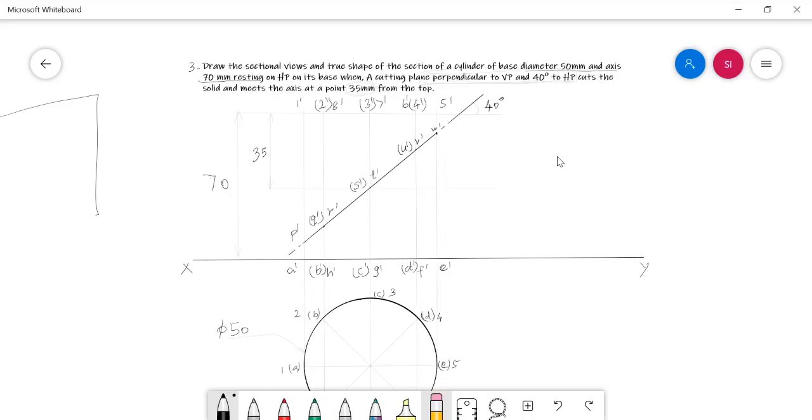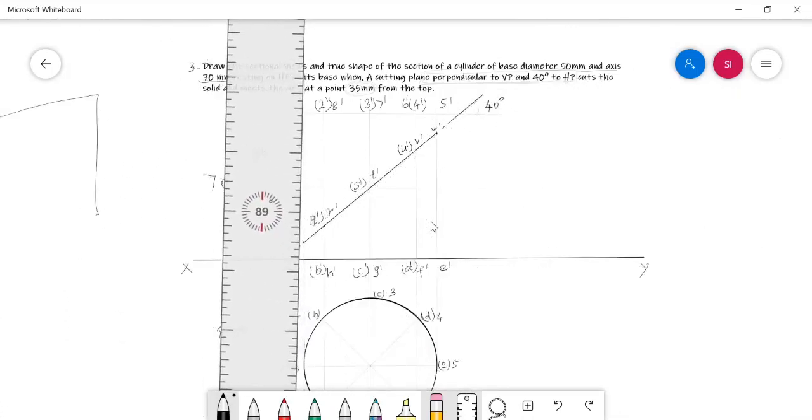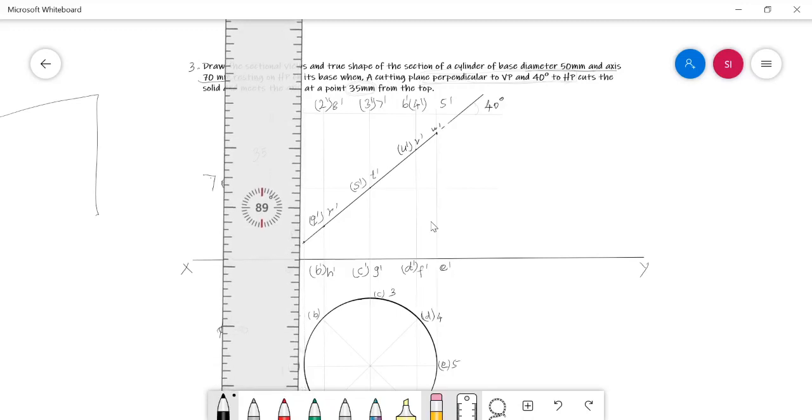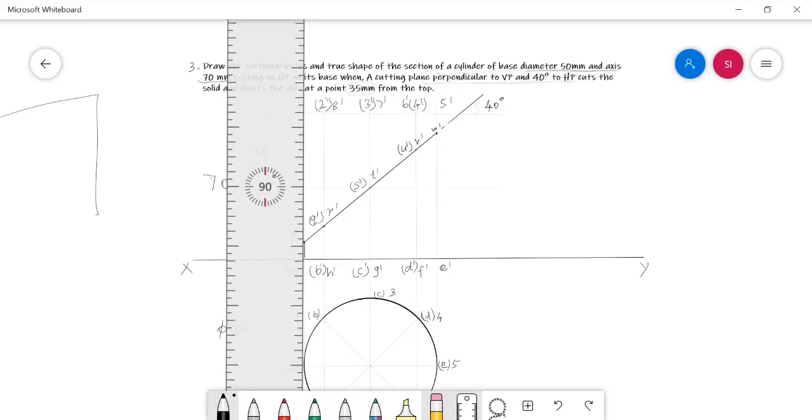For your understanding purpose only, I am highlighting the intersection places with a point, but it should not affect the ambience of the drawing when you try with your paper. Now we have to highlight the retained portion after sectioning the solid. Here you can see this portion is the removed portion and that portion is the retained portion. We have to highlight the retained portion with HB pencil. See here, it is a solid of revolution, so only the extreme generators we need to highlight with the HB pencil, and the interior generators should not be darkened.